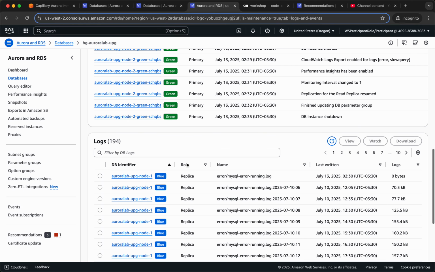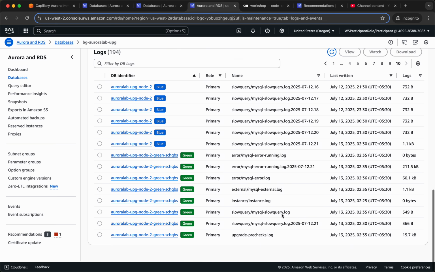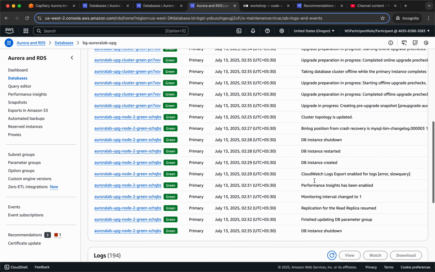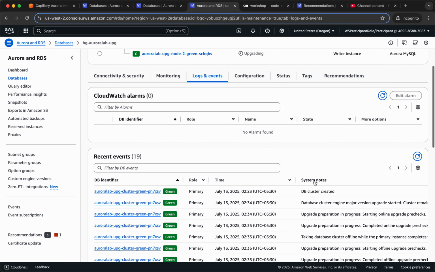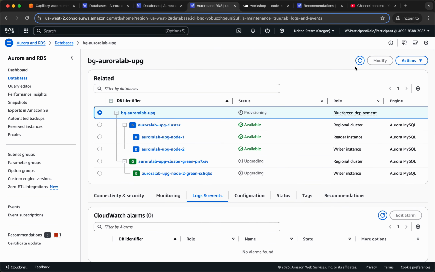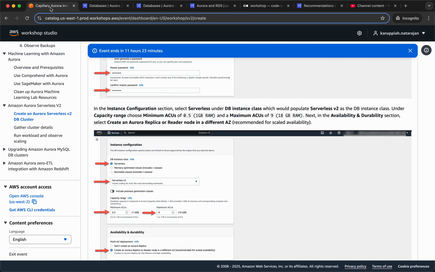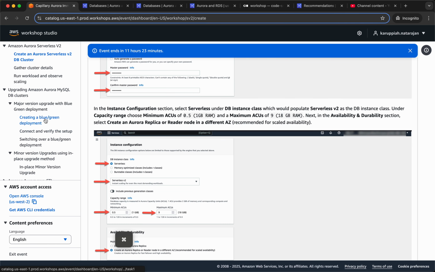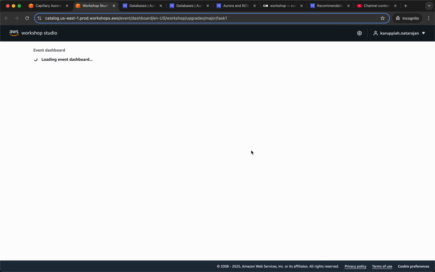Recent events, and there are many pages. You can see green's thing also. Cool. So recent events. Cool. So I think the idea is to basically, over here, if you notice, in major version upgrade, they say create a blue-green deployment, right? So when you do this, I think